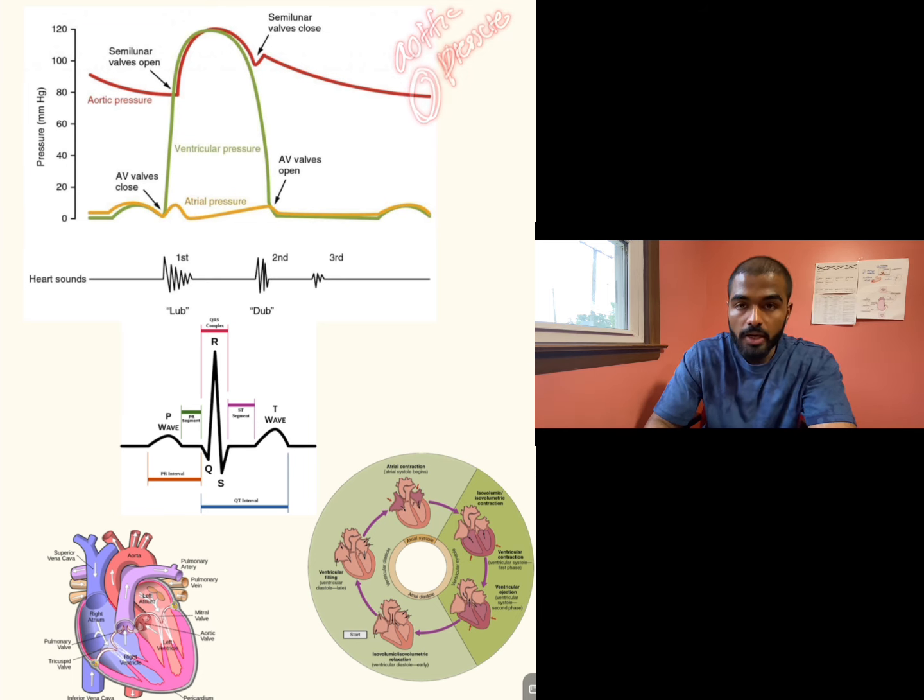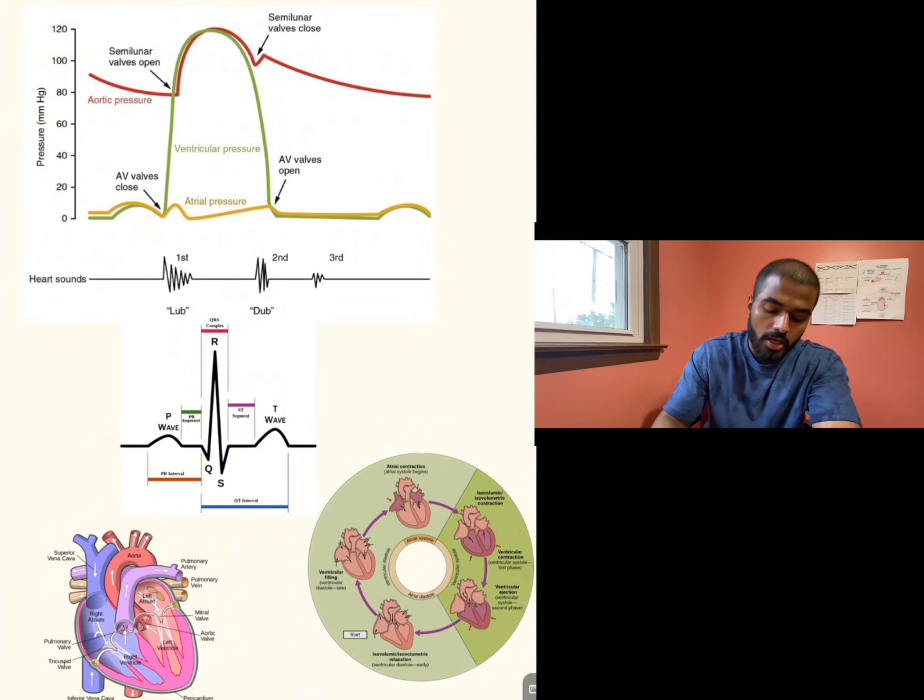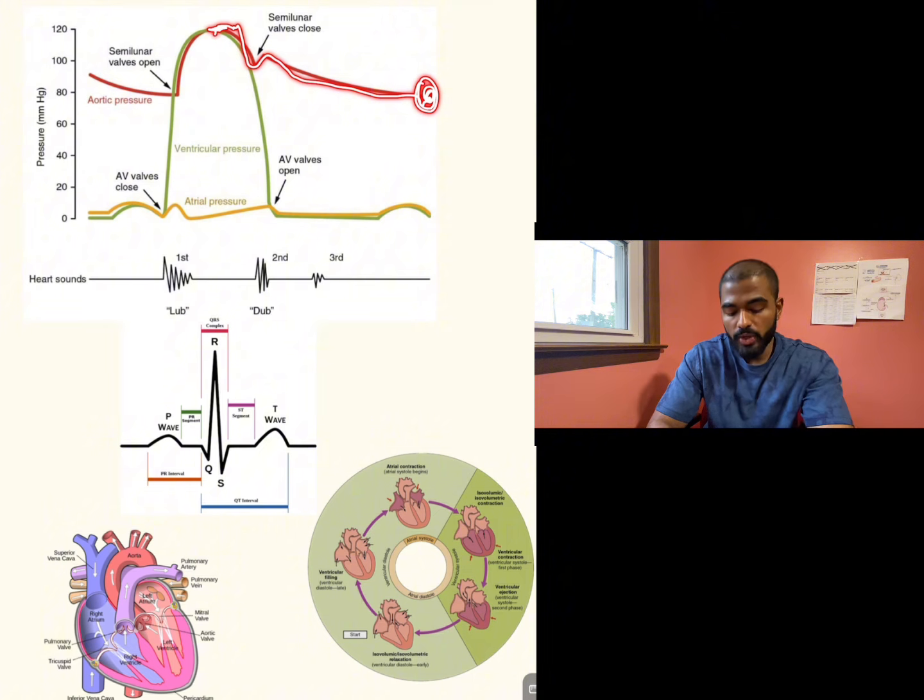We are missing pulmonary artery pressure. It's going to be similar to the aortic pressure waveform, but it's going to be lower value. If you look at the aortic pressure waveform, it's up to like 120s. So one thing I want to point out here is that